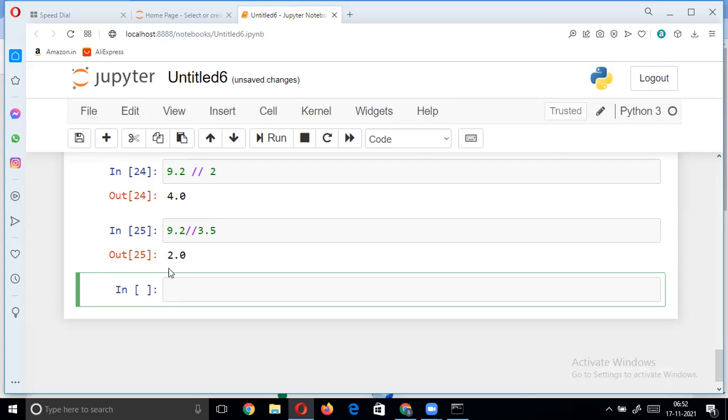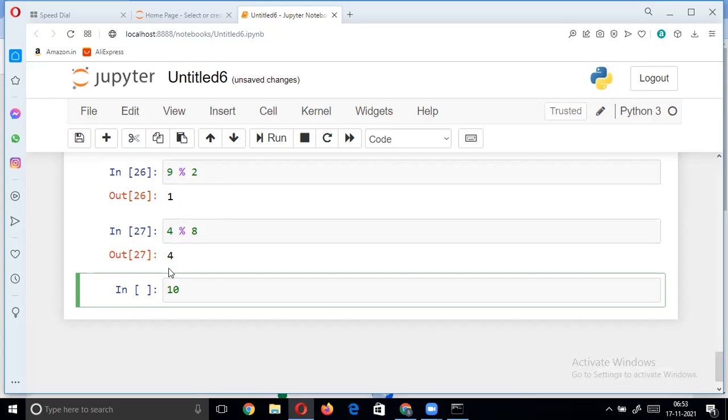And if I take modular division, it will give the remainder. So 9 modular division 2 will give the remainder, that is 1, after performing the division. Like 4 modular division 8 will give 4. If the numerator is smaller than the denominator, then the numerator will be the answer.